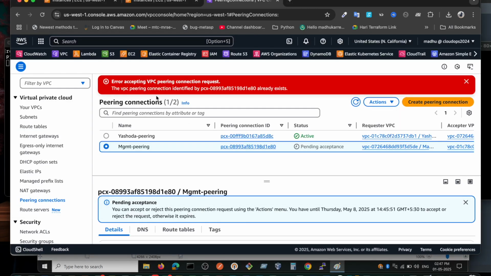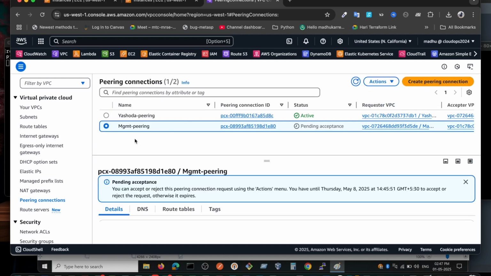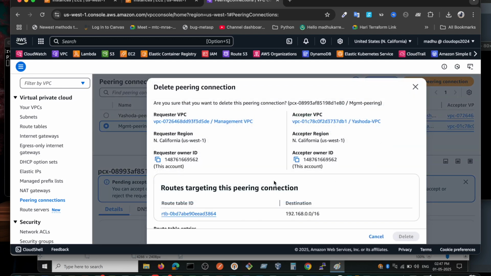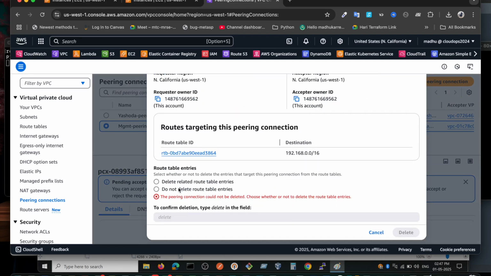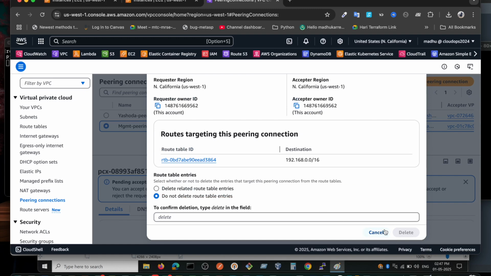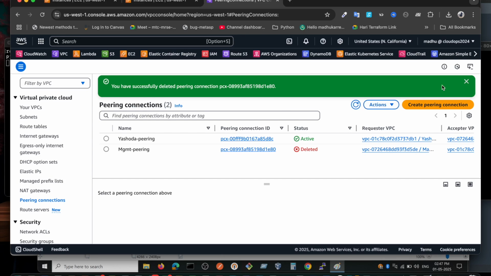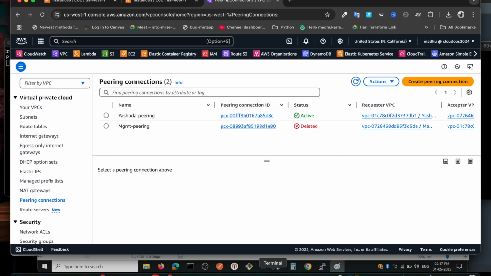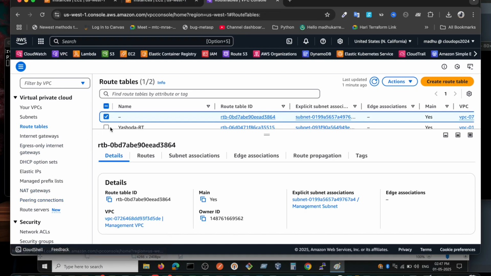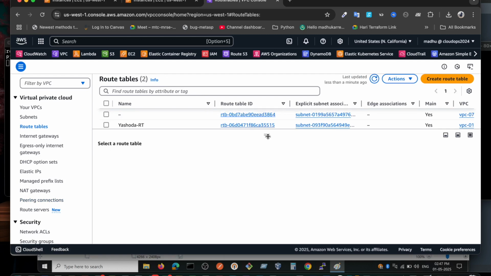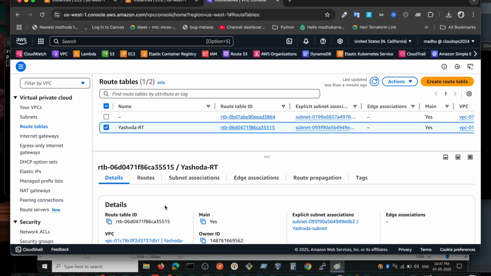It says your peering connection identified by PCX already exists. Okay, so there is no two-way actually. One is enough, I think. Let's delete this peering. Let's go back to route table again. Let's refresh it. Go back to Yashoda RT